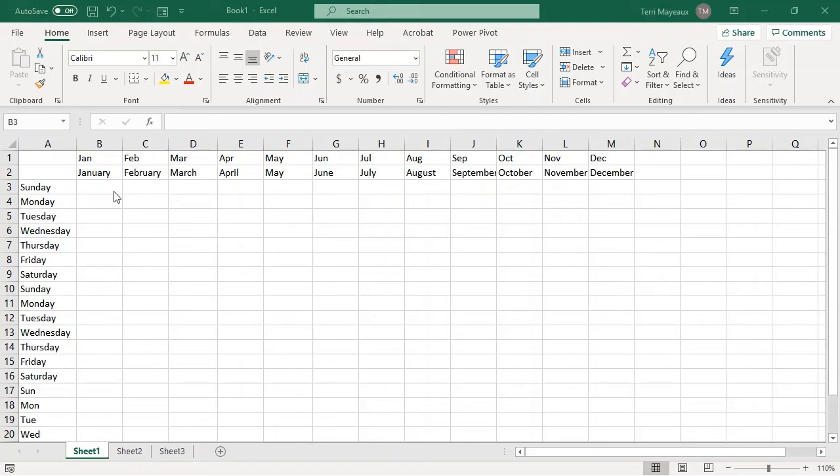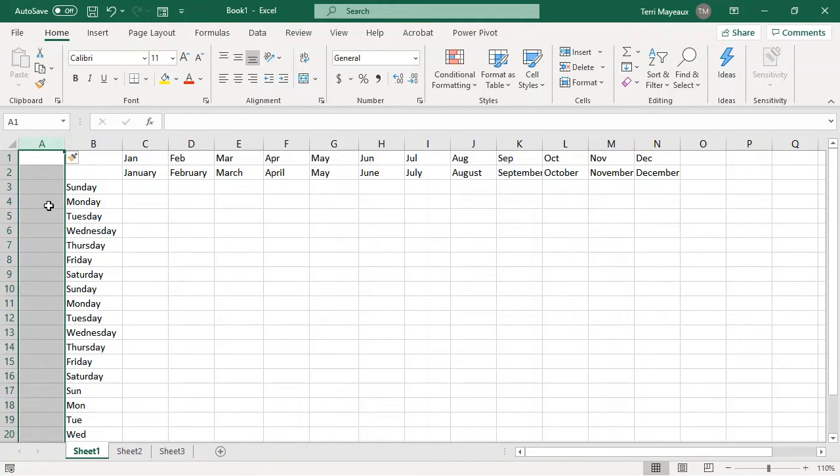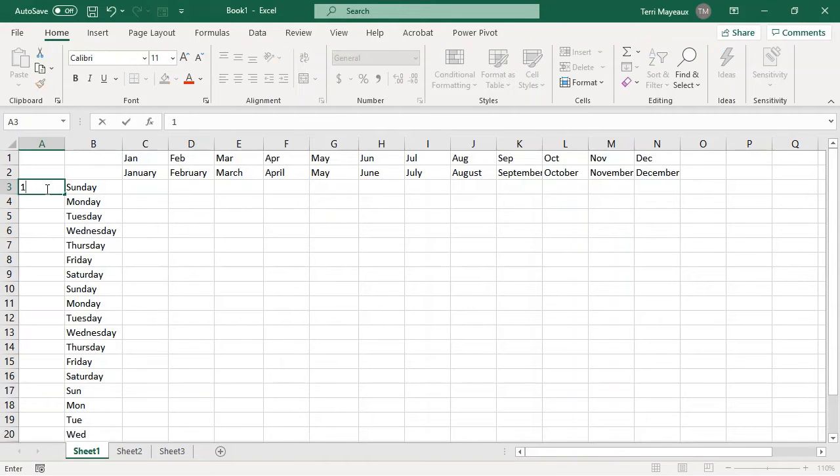I've moved back to our original example here because I thought, well, maybe what I would like to do is say that, well, Sunday is actually the first of this month. So I would like to add the dates, the numbers for the different days within the month. And to do that, I'm going to go to column A and just do a right click on the A and get a shortcut menu that lets me insert a new column. So we'll insert, and now we have a new column A, and for Sunday, I'm just going to type a